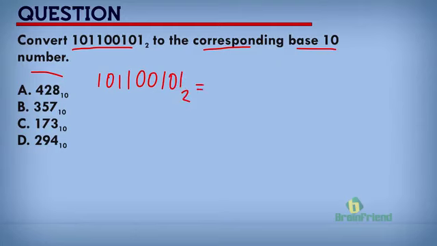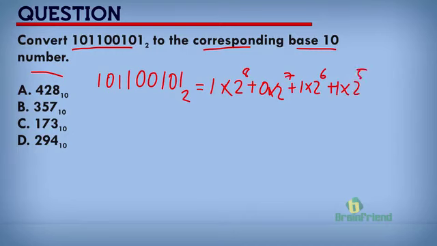Okay, that would give us 1 times 2 raised to the power 8 plus 0 times 2 raised to the power 7 plus 1 times 2 raised to the power 6 plus 1 times 2 raised to the power 5